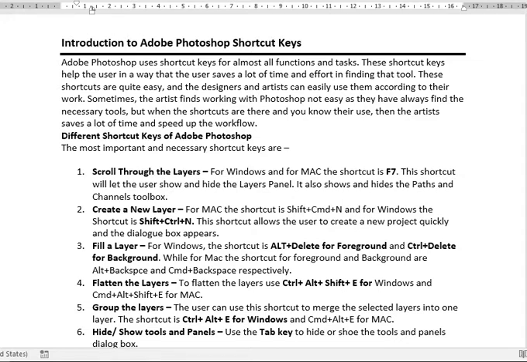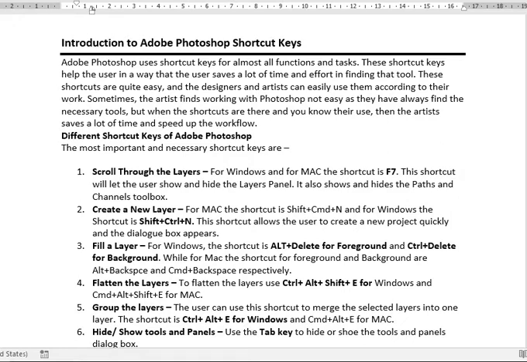These keyboard shortcuts are very simple and they make your work easier. I am going to explain some more keyboard shortcuts used in Photoshop, like scrolling through the layers, and to show and hide the layers, you have to press F7.